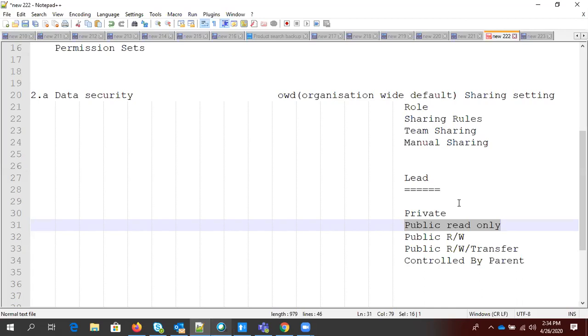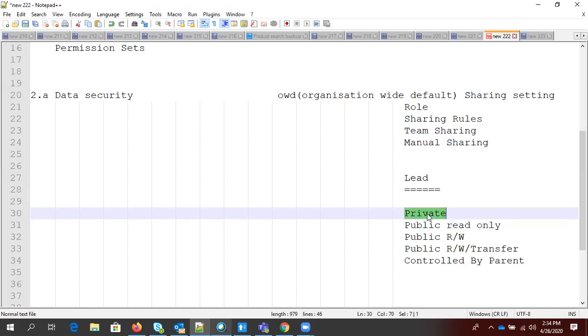Fairly simple. And then the most restrictive permission we have is called private. So guys, listen carefully. If an object's OWD permission is set as private, then it means you can only see records in which you have ownership.